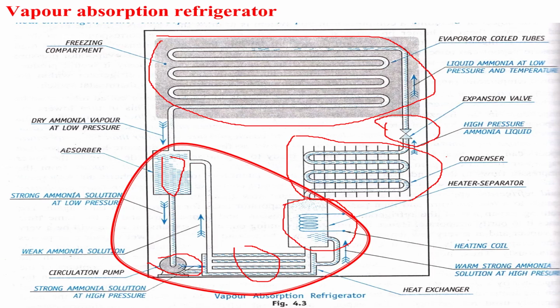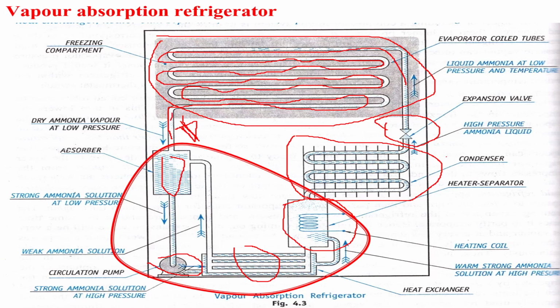So as usual, similar to the vapor compression cycle, here low temperature, low pressure liquid refrigerant enters into the evaporator. While passing through, it absorbs the heat, latent heat, gets vaporized, and then it absorbs the sensible heat, becomes high temperature, and comes out as a vapor. Low pressure vapor, say 5 degree or 7 degree or 2 degree Celsius, that way. Then the refrigerant used here is most commonly ammonia.